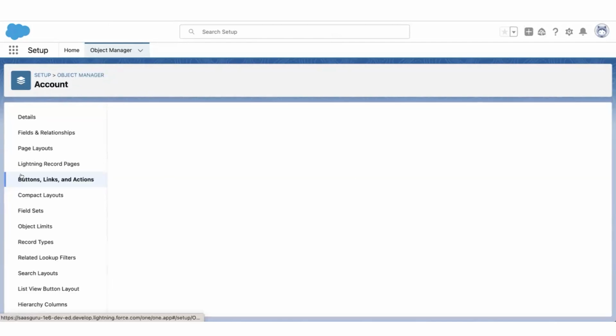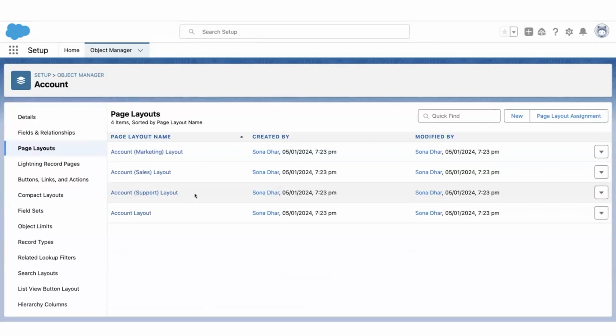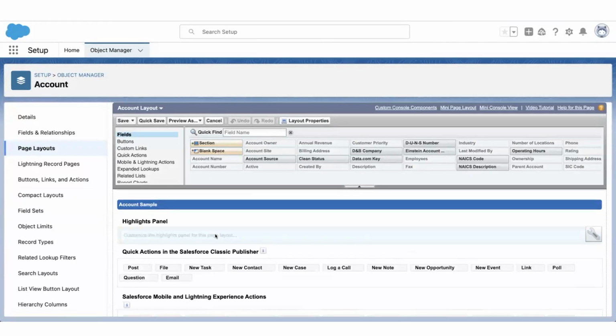And now, in order to display this button on the layout, it needs to be added to the page layout of account. So after creating this button, we'll navigate to Page Layouts, the third option on the left-hand side, and the current assignment of the layout is account. There are a couple of default layouts created out of the box. The current one, which we can see on screen, is the account layout. So we'll navigate to this one, the last one. And in order to add this to the page layout,